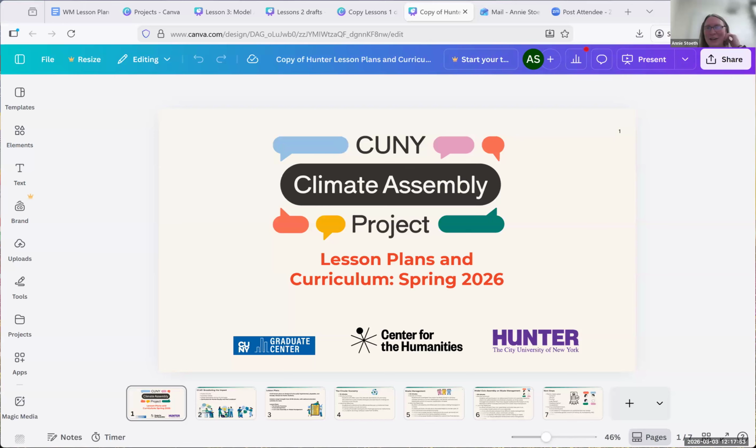I anticipate that my internet here at Queens College is a little bit sketchy, so I am so sorry if I cut out, and please just ask me to repeat anything that maybe doesn't come through because of the Wi-Fi over here in Queens. So I just wanted to share a little bit about a project that we're doing jointly between Hunter College and the Graduate Center.